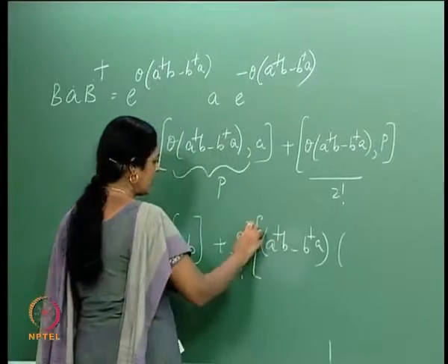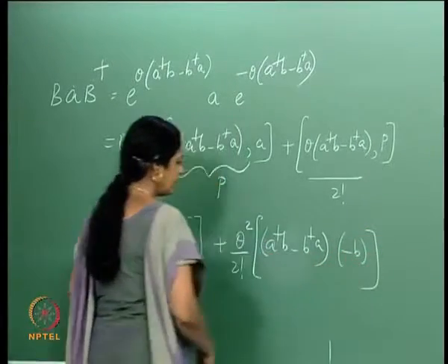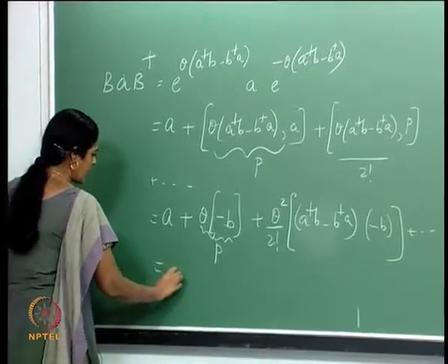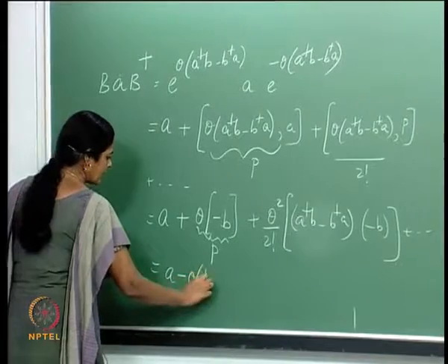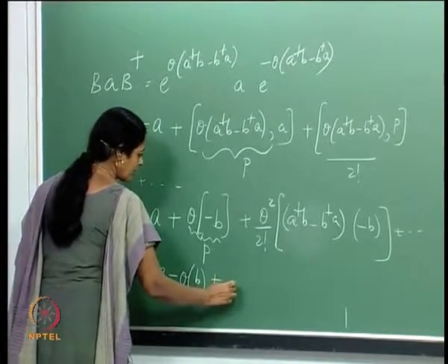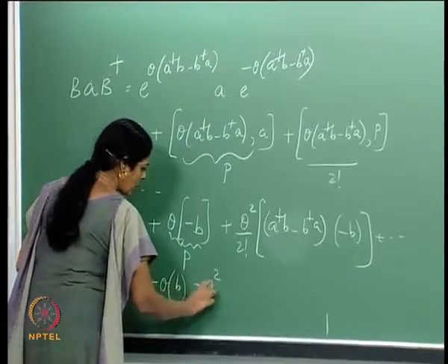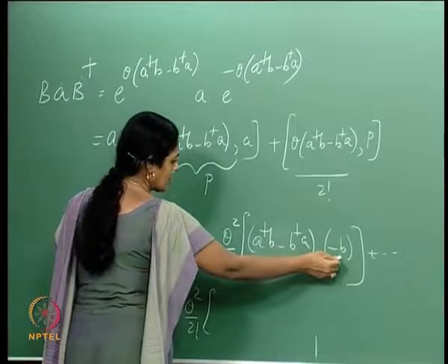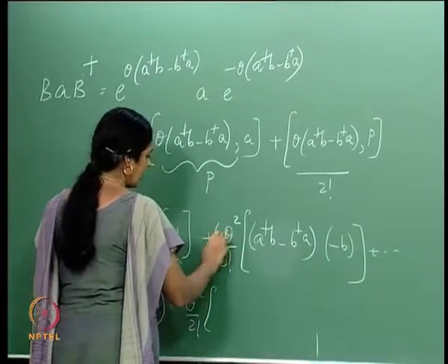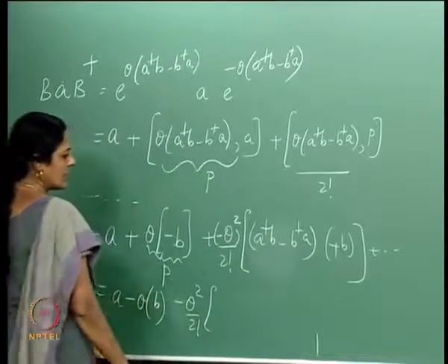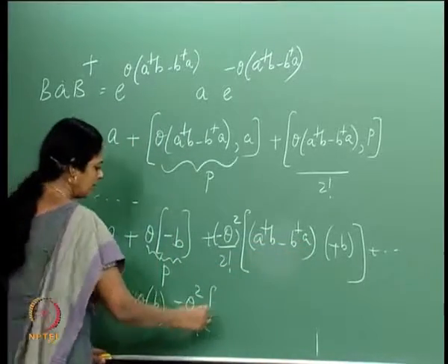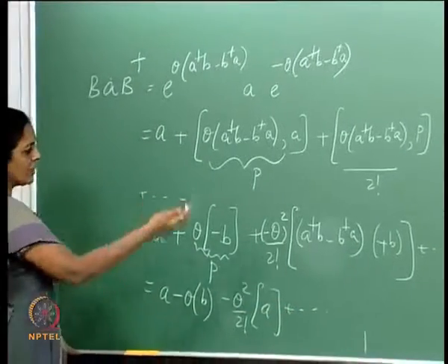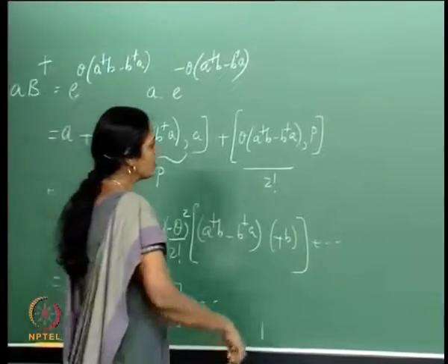With minus theta B, so let me write minus B out here and so on. So, this is A minus theta times B plus or minus theta squared by 2 factorial. The first term does not give me anything. I have put minus theta squared there. The second term will give me a 1, and therefore, that multiplies A and so on. Now, we can write out all the terms, and it is easy to check